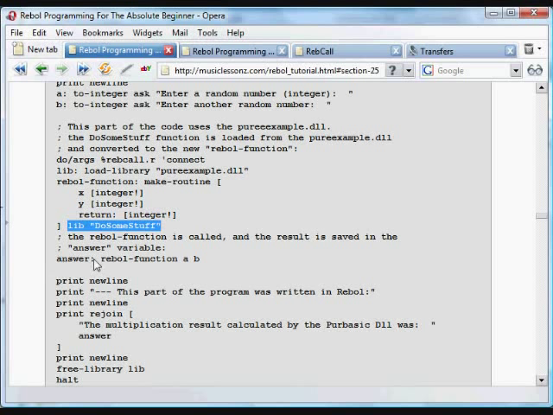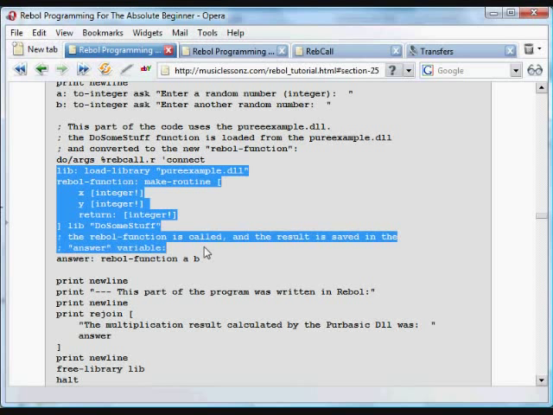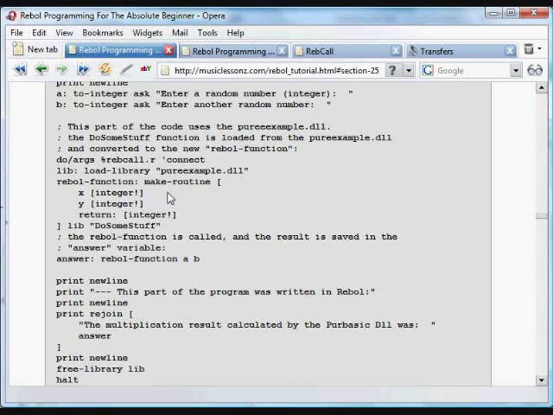Then what we're doing is we're going to run that newly created function, the thing we've called Rebol function, which is from the library, that do some stuff function, and we're passing it the A and B parameters, and that is going to be stored in the answer variable. So we've actually just instantiated that function, called it Rebol function, and we're actually using the do some stuff function from the pure example DLL. Again, you don't have to know how that was created. You just have to know the name of it and what parameters it takes. In this case, we're using x and y parameter arguments. Store that in the Rebol answer variable,